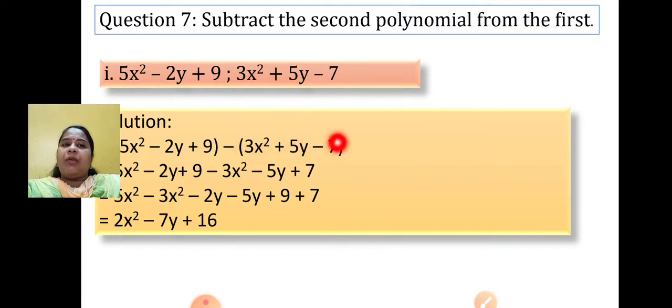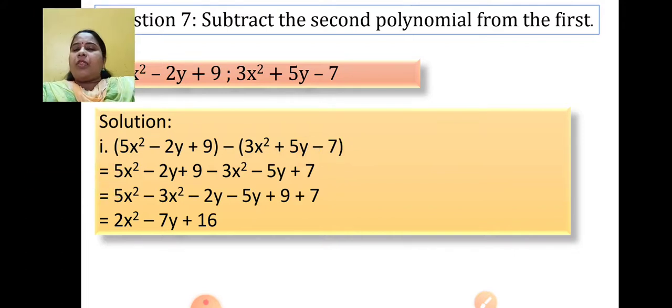I'll put the second polynomial in bracket. Even if you don't put brackets on the first polynomial, it is okay. But the second polynomial compulsorily has to be written in bracket. Why like that? So that when I open the bracket, the sign of the second polynomial will be changed. When we were doing addition sums, we did not do anything like that. We directly wrote the question, opening the bracket, none of the signs changed, right? We directly added the like polynomials. In this, one additional step is there. Since it is subtraction, we need to write the second polynomial in bracket, and when we open the bracket, we will change the sign of the second polynomial.